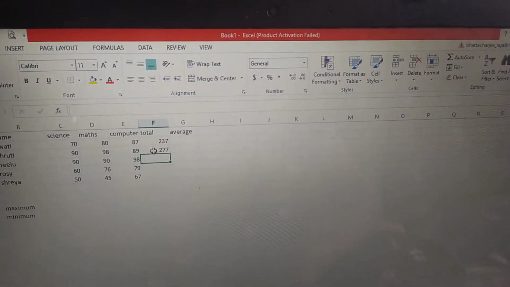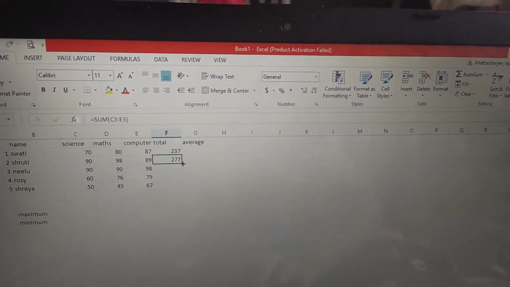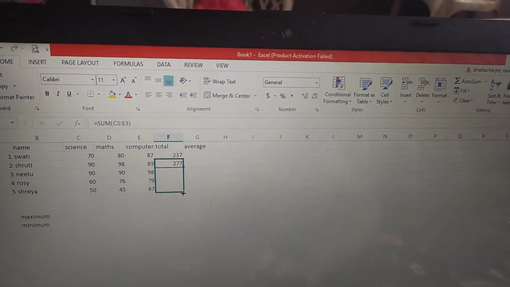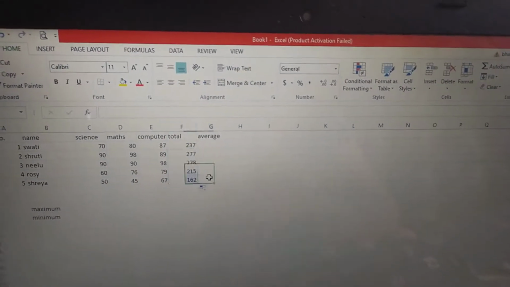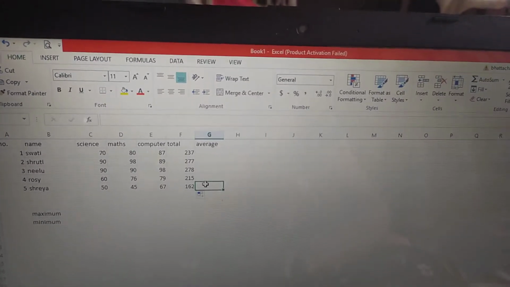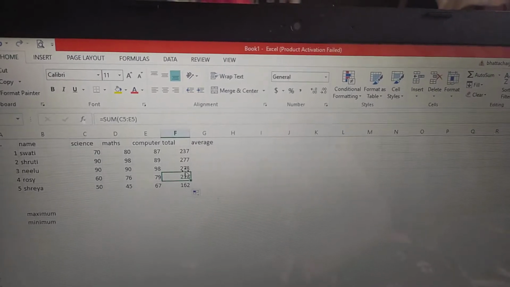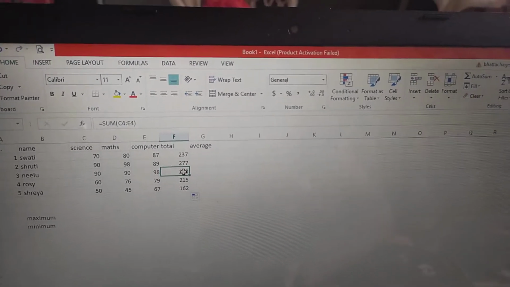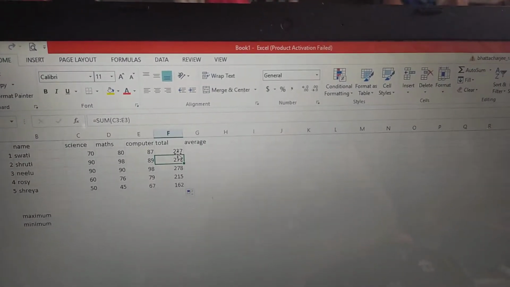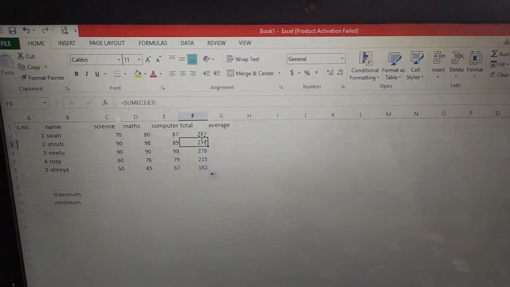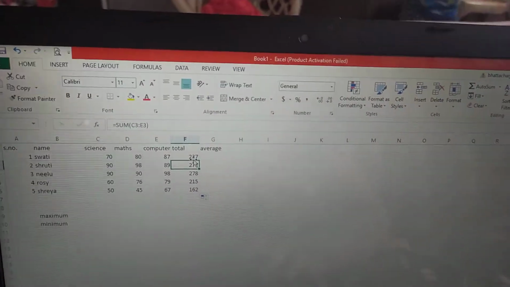In this way we can use this fill handle to get the sum in all the rows. See, the formula is taken and the cell numbers are automatically updated also. This is how we are finding the total using the AutoSum.